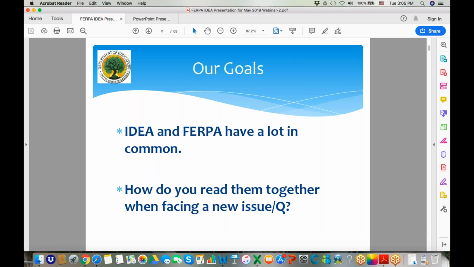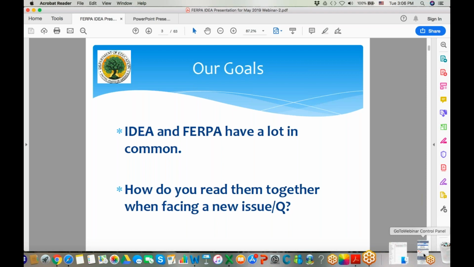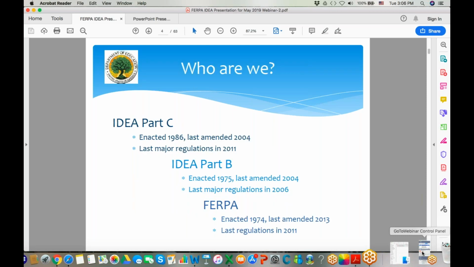This reiterates what I said before. We're going to walk through several sections of the statutes. We'll break them out and address them and show the commonalities, the differences, and then how we can work together to resolve some of the conflicts as you read the two together. I'm going to turn it over to Kala now, and she's going to give us a little bit of a background of who we are. Next slide, and Kala.